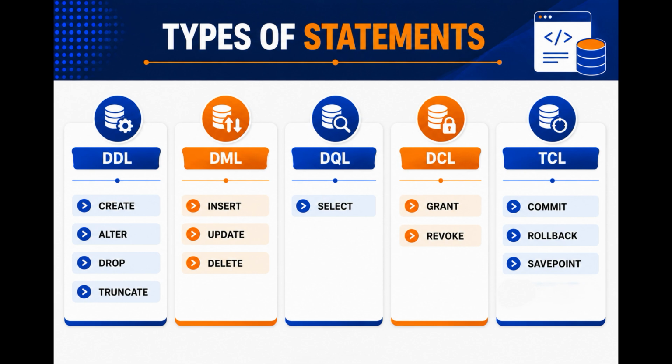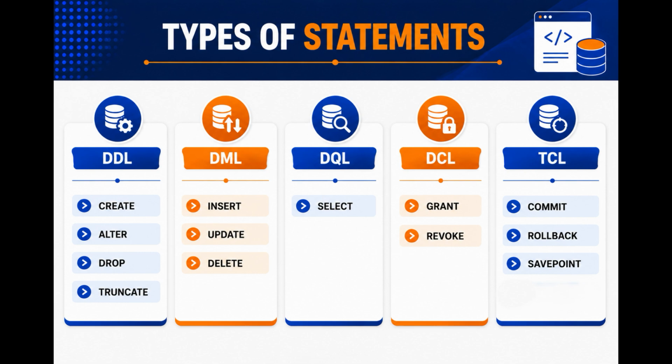Now that we have understood the purpose of each kind of statement, we will also go through some common commands under each type. Under DDL, the important commands are create, alter, drop, and also truncate. So for example, with the help of the create command, we can create a table. With alter, you can alter the structure of the table, say by adding or deleting a column, and with the help of drop, you delete the existing table structure.